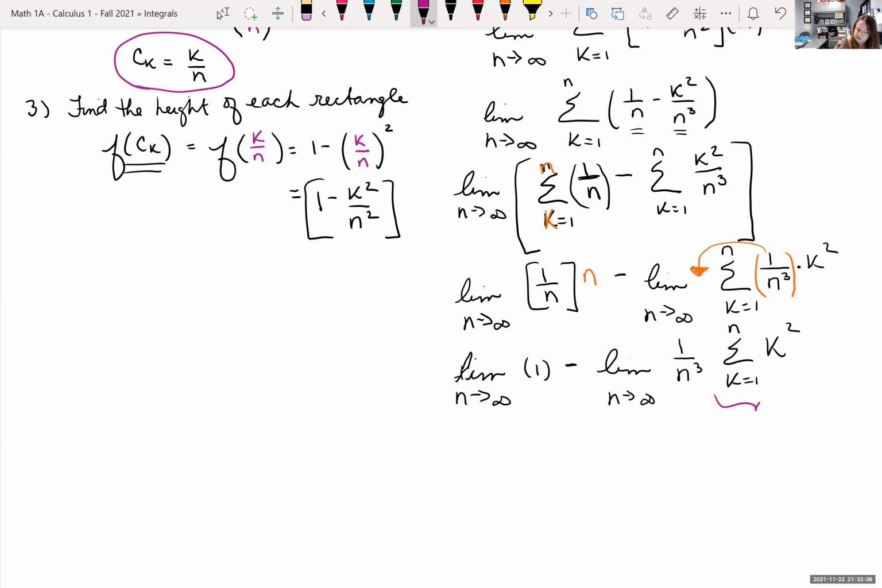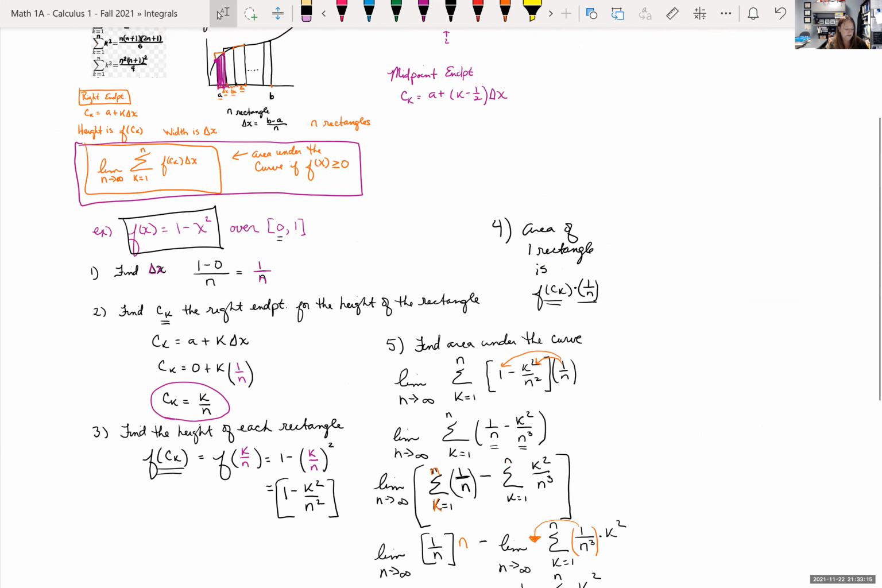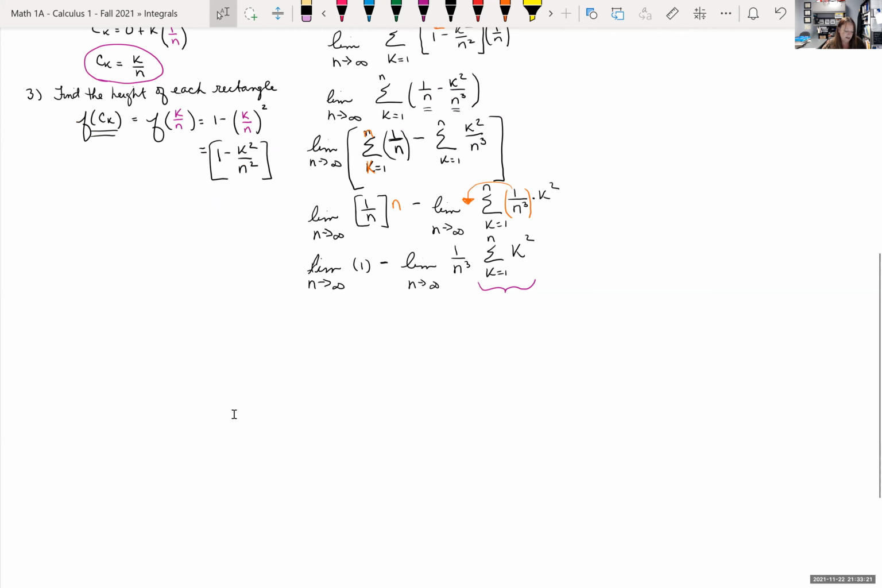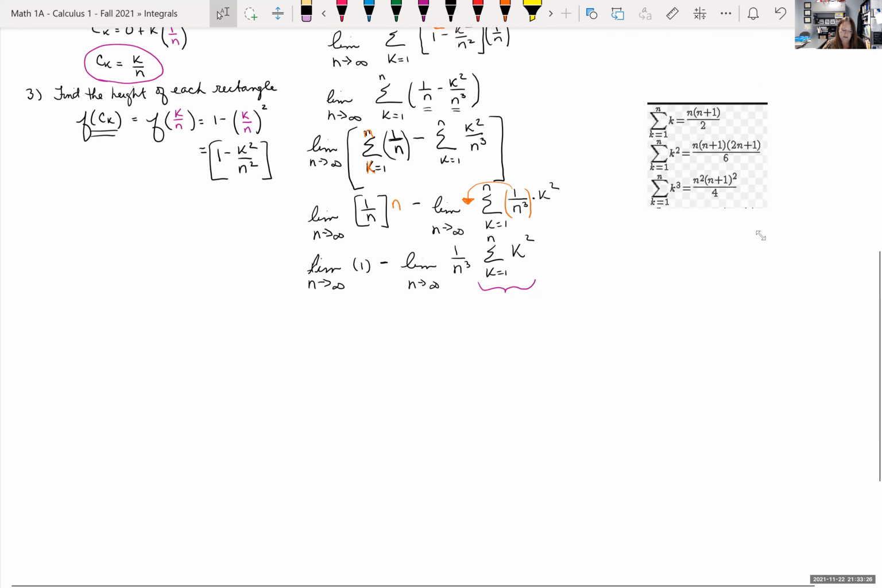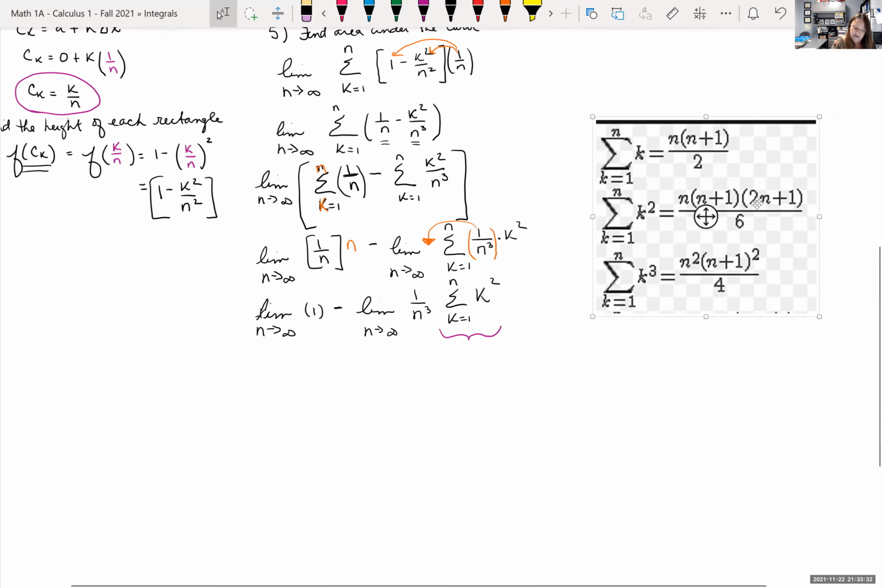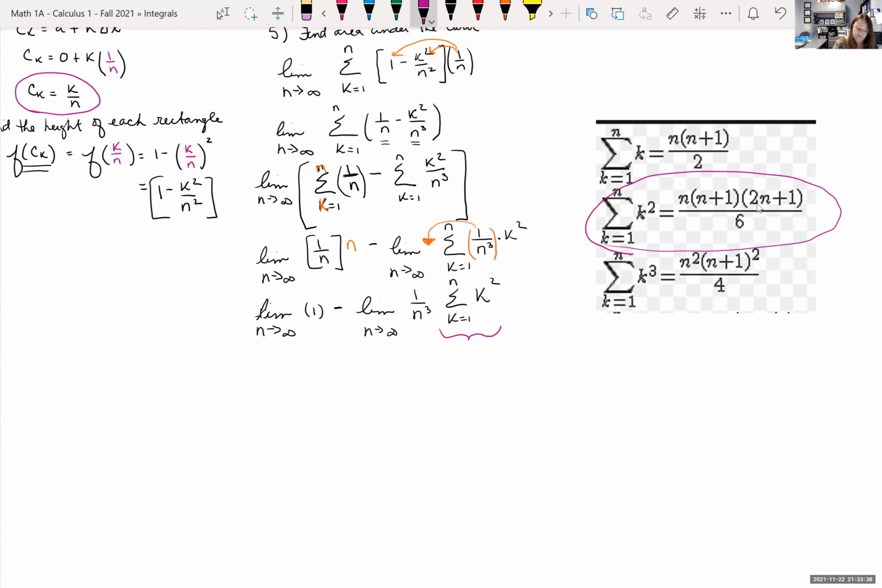This was one of our special formulas. I have it in front of me. That's where I wanted to bring it down. Let me just bring it down over here. So for this k squared, we can rewrite it. Remember, if we took the limit of a constant, that was just the constant. So this limit as n goes to infinity of 1 is just 1,